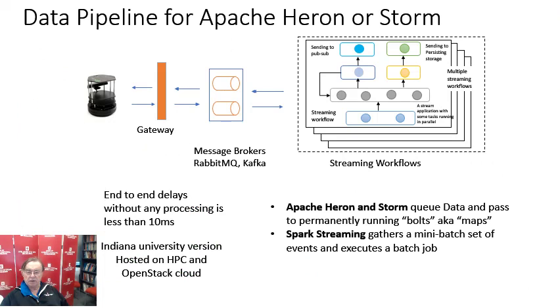So this is illustrated for Apache Heron and Storm, which come from Twitter. They're the streaming data systems. And you have here a Turtlebot, which is a sort of prototypical robot. That robot sends its data to a gateway, which translates from the ROS operating system within the Turtlebot into a more mainstream environment down here. Then all the data is always queued. That's done in technology like Kafka, RabbitMQ, ActiveMQ. And then it gets sent off to here,